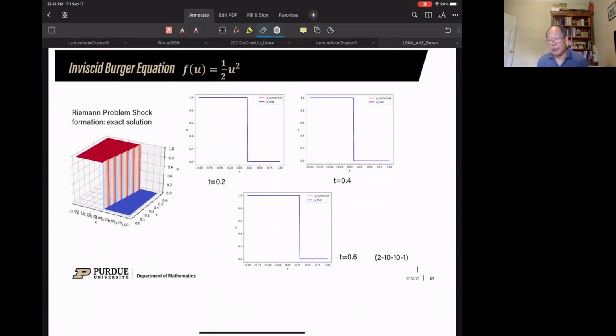For this type of problem, the first test problem, of course, is the Burgers equation. And the easiest Burgers equation is a Riemann problem. So in that case, the initial condition is piecewise constant. So we have the velocity speed on the left as 1, on the right as 0. So in this Riemann problem, the shock forms at t equal to 0. So that's the reason you immediately have that shock.